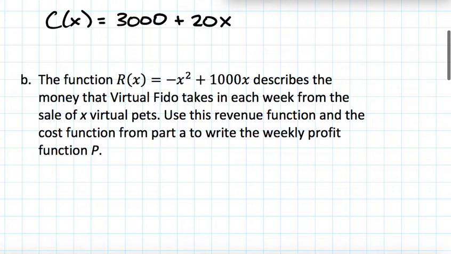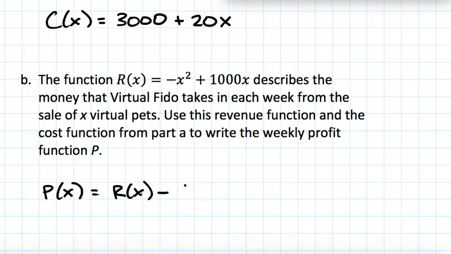Virtual Fido takes in each week from the sale of x virtual pets. So this is a little different from when we did this earlier. Before, when we did revenue functions, we had a fixed price and we just multiplied the number of products times the price. This is a little bit different because now my price is variable, and without getting too much into the econ, the price here is going to depend on the demand for the product. But they're giving me the revenue function, so all I'm going to do is use it to compute the profit function. So I need to remember that profit equals revenue